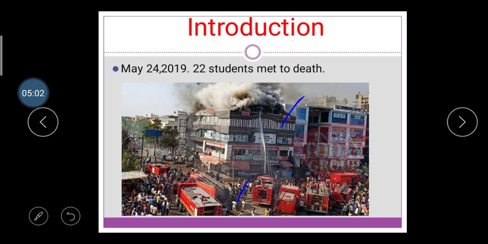Okay, so here is the best example, which happened in May 2090, on the 24th of May, when 22 students died in this tragedy. This type of unethical practice is done by engineers for their selfishness, for their wealth purposes. This type of unethical practice should not be done by the engineer, because engineering is a